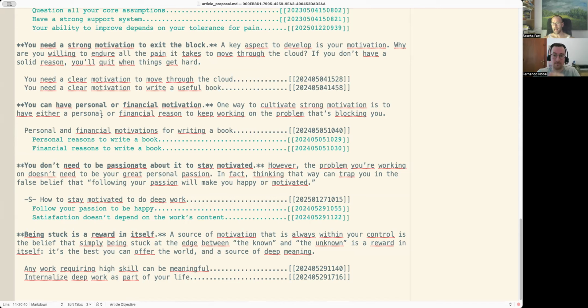Yet I don't know yet how to make it work in a Zettelkasten book. It's not an unsolvable problem, but I don't know yet how,